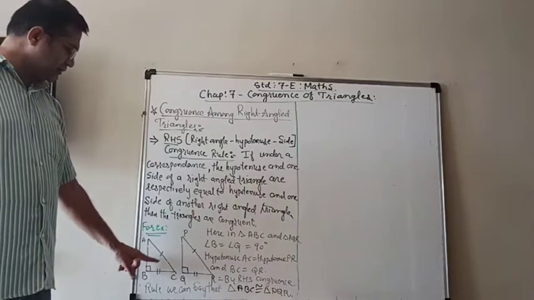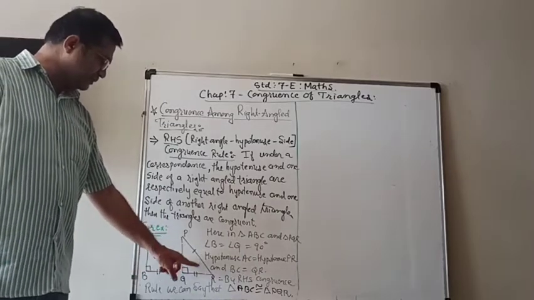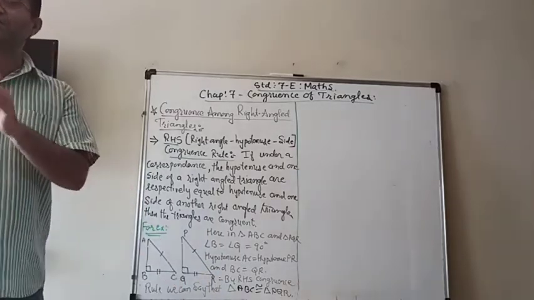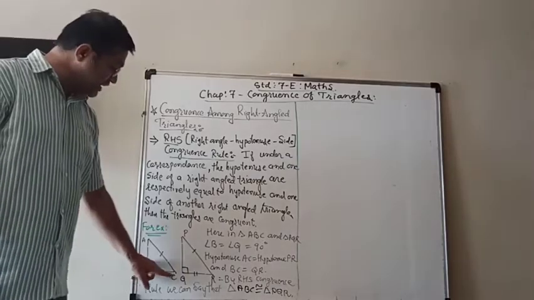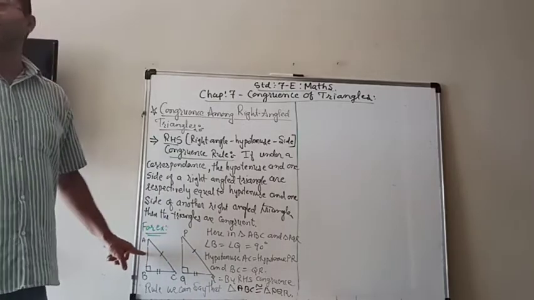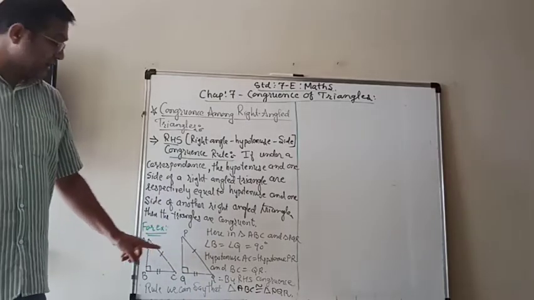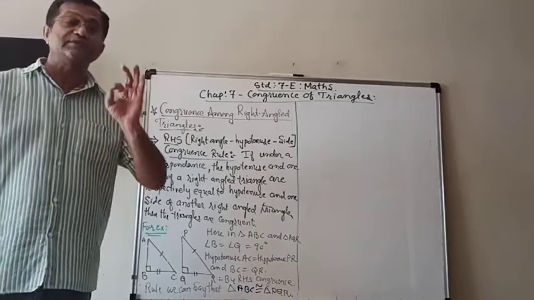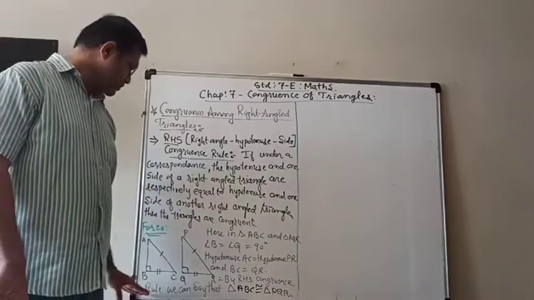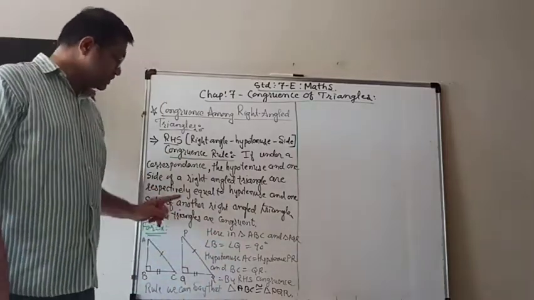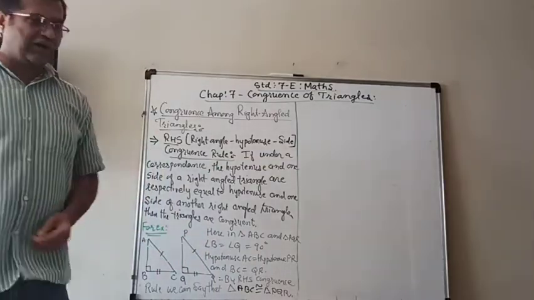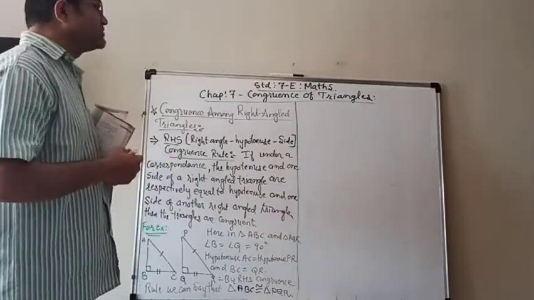And therefore right angle, hypotenuse and side. Right angle, hypotenuse and side. But remember that not any side, respective, corresponding. Here this is side, therefore here it also must be the same side. If thus and thus are equal, we cannot apply the rule. Similarly, hypotenuse also must be equal. So, by RHS congruence rule, we can say that triangle ABC is congruent to triangle PQR.